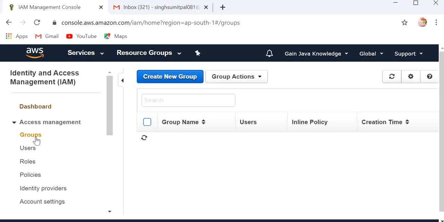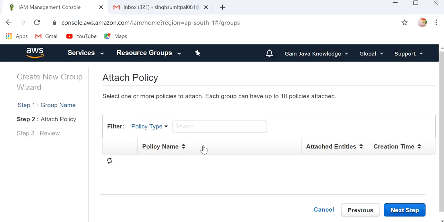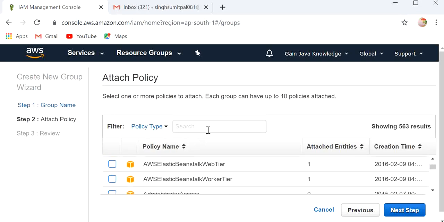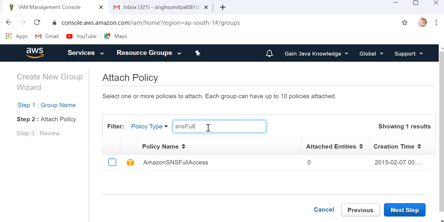First I will create a group. Here you can click on create new group and give any name, like demo group. Next, here you can define SNS full access.